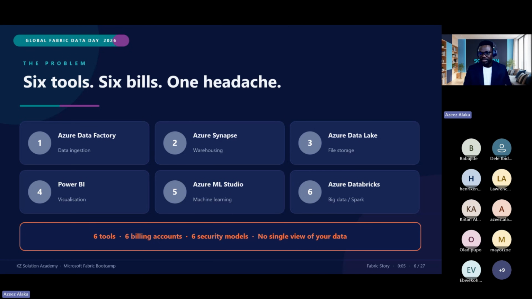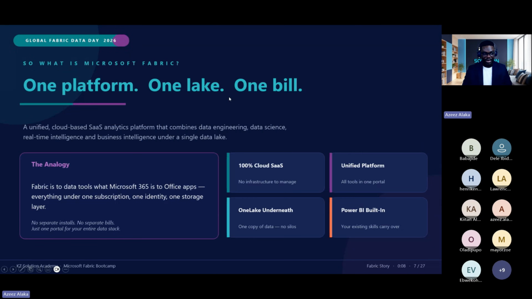But Microsoft now said, how can we enhance this? Because now you even have a lot of redundancy. If I'm working with Power BI, I need to buy a storage account. If I want to use Azure Data Lake, that is another storage account for the same project. This is one of the things that was resolved with Microsoft Fabric. So what is Microsoft Fabric? Microsoft Fabric is one platform, one lake, one bill. It's one platform that has all of these solutions together. It's a unified cloud-based SaaS analytics platform that combines data engineering, data science, real-time intelligence, and business intelligence under a